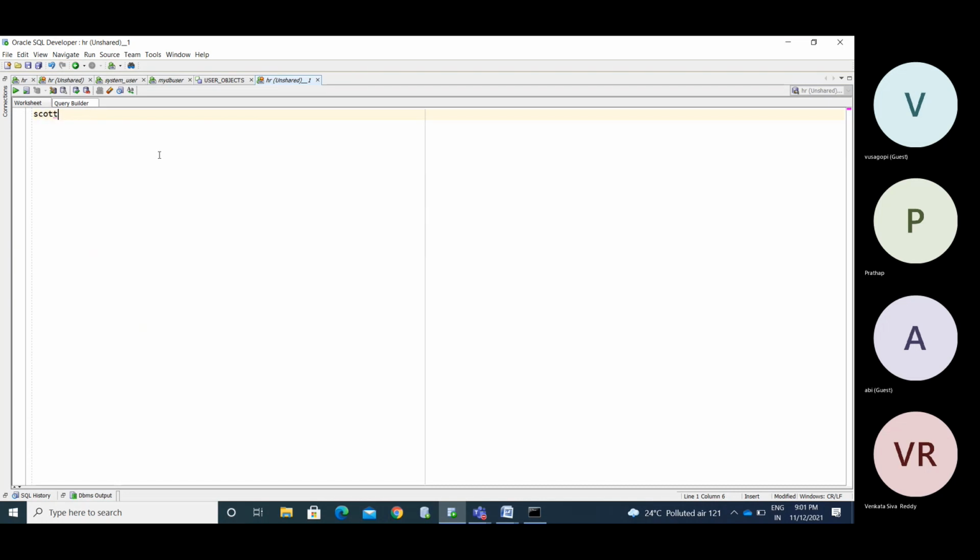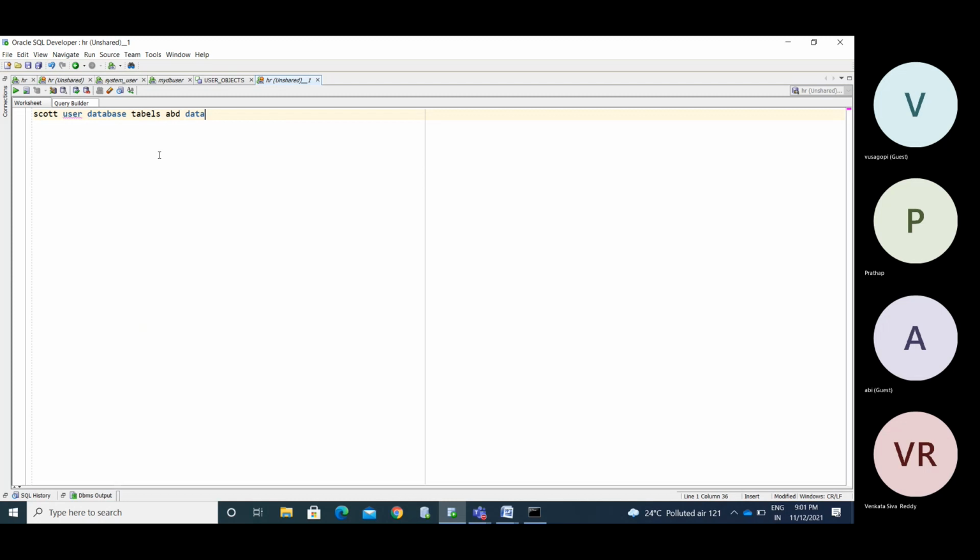It will show some script. Open that, copy and paste it in your schema, and run it by pressing F5.